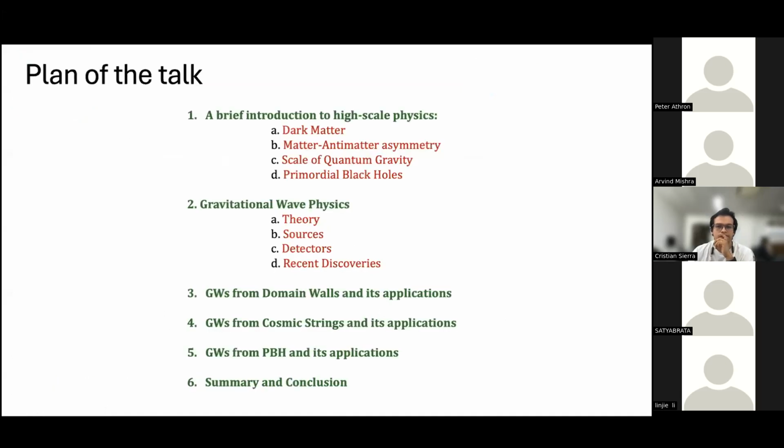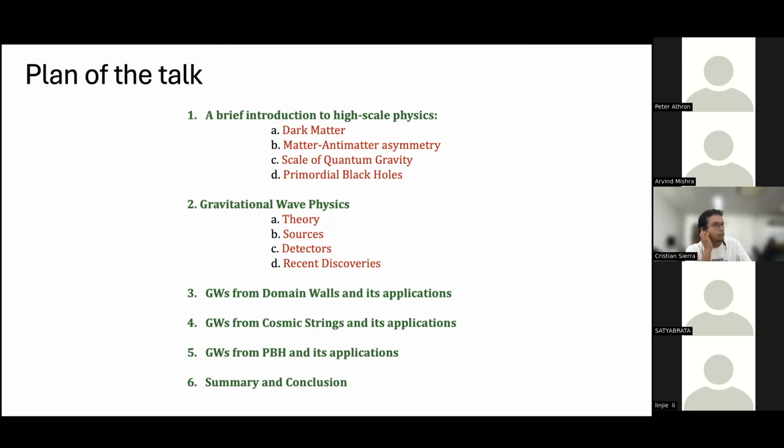So this is the plan of my talk. I'll briefly introduce some high-scale physics or early universe physics, where I'll be talking about dark matter, the matter-antimatter asymmetry of the universe, the scale of quantum gravity, and primordial black holes. Following which I'll be discussing gravitational waves, a little bit of theory about gravitational waves, and what are the various sources that we can think of in the early universe that can actually generate gravitational waves. Then I'll talk a little bit about different detectors,